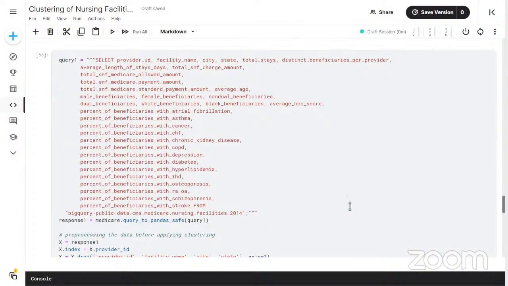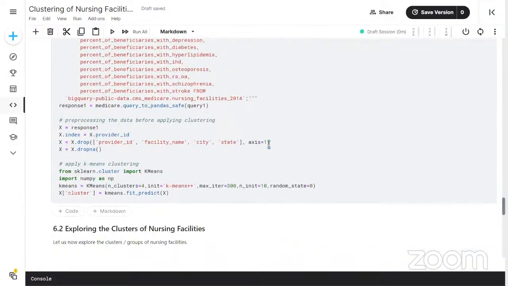Here we have used all those 29 features from BigQuery. You can see we have used an SQL-like statement: select these all from BigQuery public data CMS Medicare nursing facilities 2014. So from the 2014 nursing facilities dataset, we are taking all these columns. Once we have downloaded it, we are storing it in X, and this X will be used for